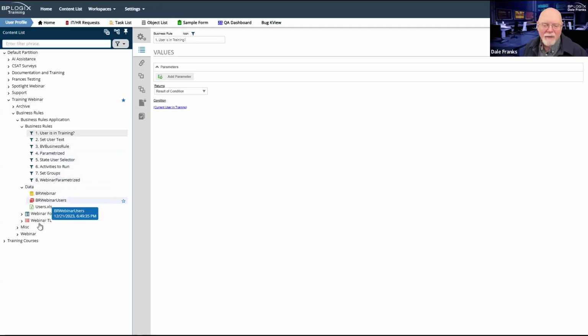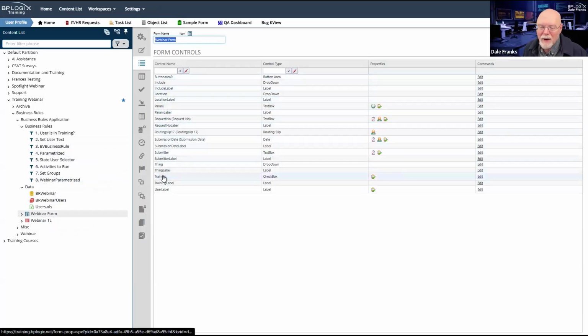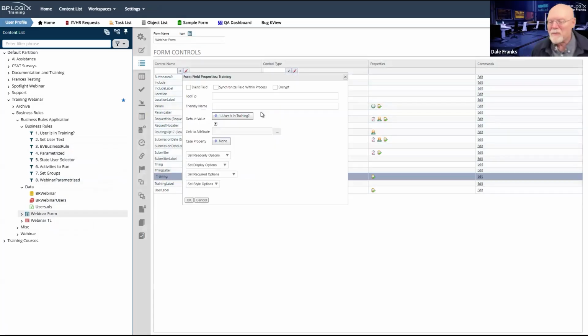I did kind of hide it in the webinar form by setting it on the, where is it? Checkbox. There it is. I did set it as the default value.